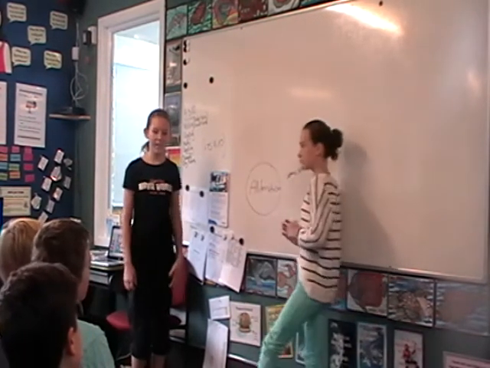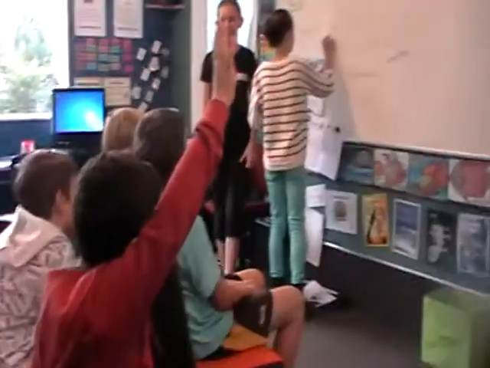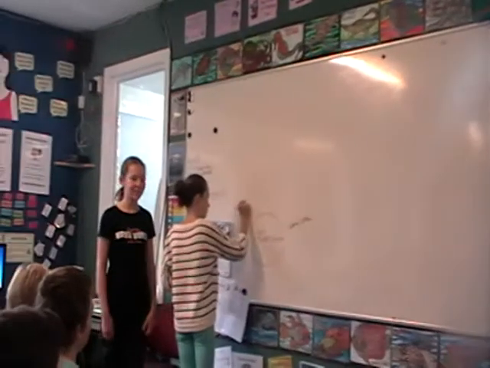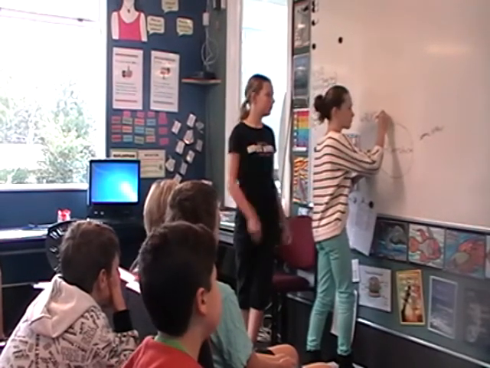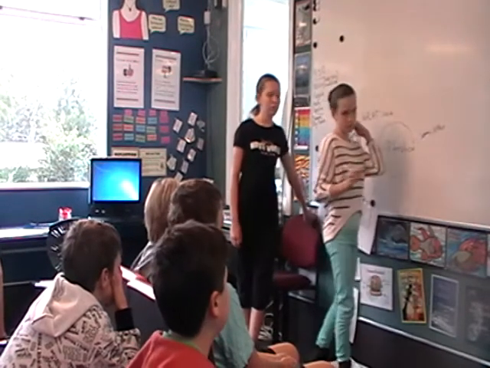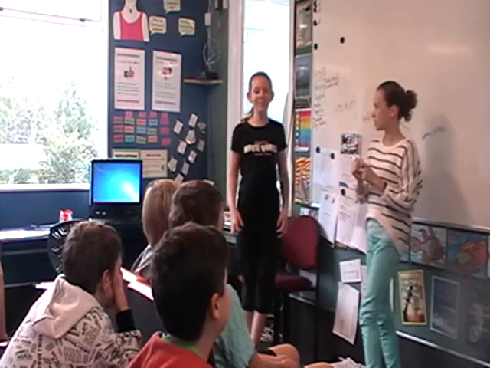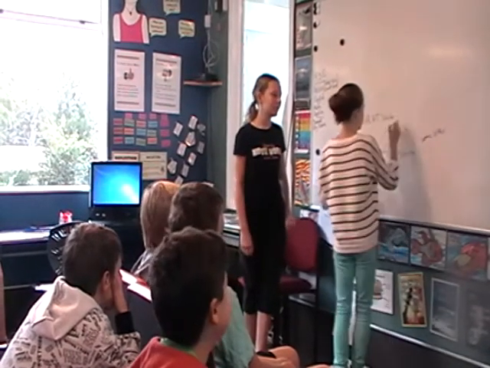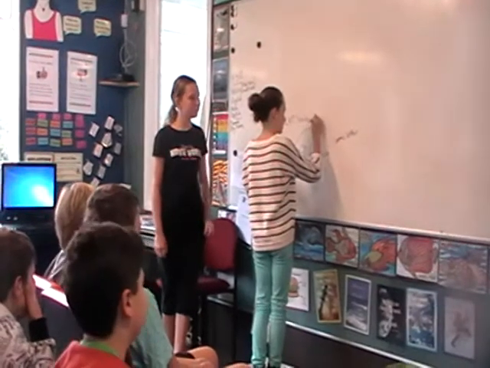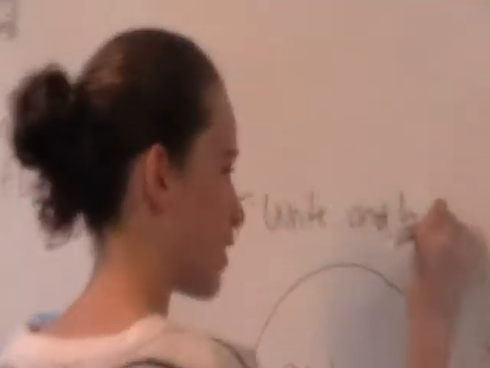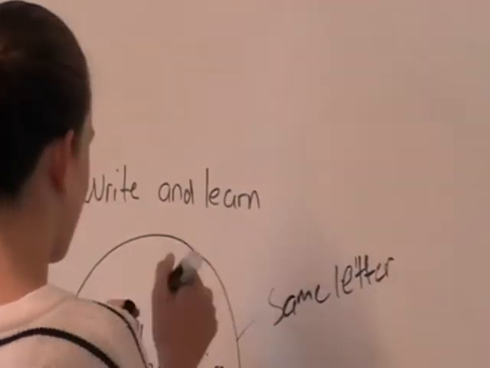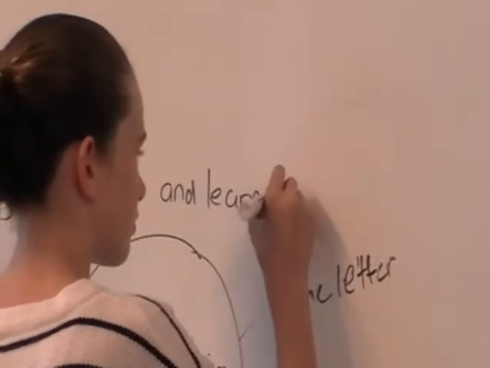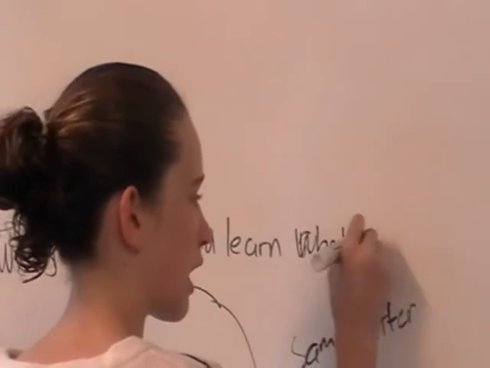Okay, so what would the learning intention be today? Daniel? We're learning how to do a poem. Write a poem that begins with the same letter every time. Or maybe write an alliteration poem? Okay. Write and learn how to. Okay. Alright. Learn how to write and learn what and